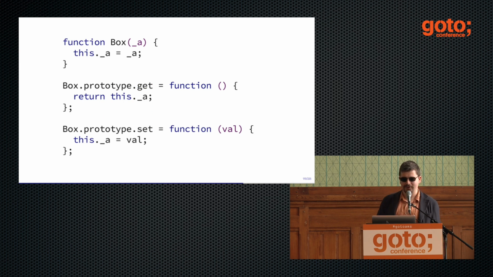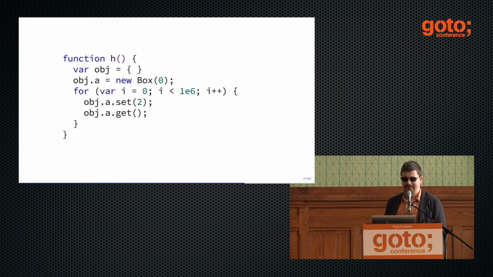So you can then turn to an object-oriented approach. If you were ever a Java programmer, then you can say, okay, object orientation is the answer to everything. If one class is not enough, make two classes in the factory. And here I create a box which boxes our value, and then I have a getter and setter on this. And then I create this box. So it's almost equivalent to our previous code.